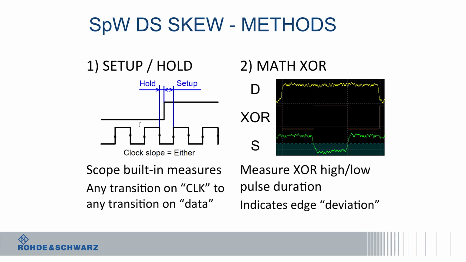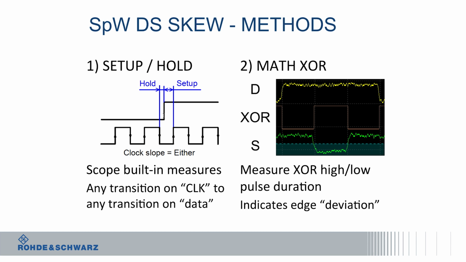For the SpaceWire, we select one to be the data, the other one to be the strobe, it doesn't matter which one. And we set the clock slope to either because we want to measure skew of any edge to any edge. So in this case, as we are able to set up on the scope clock slope to either, you're going